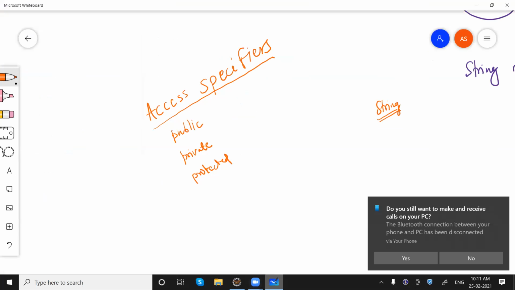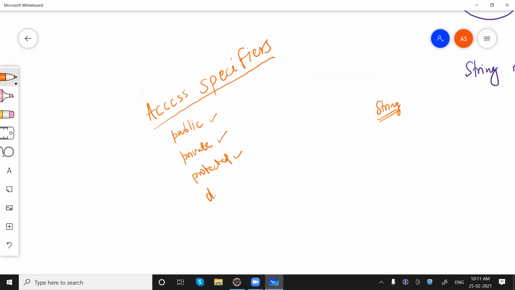So we are talking about access specifiers. We have public, private, protected, and default. Default we don't really need to specify. Like if I write a class like this, class MyClass, I'm not writing any access modifier here. We can write an access modifier here, for example, public. If we are not writing one, then it will be treated as default. Getting my point?